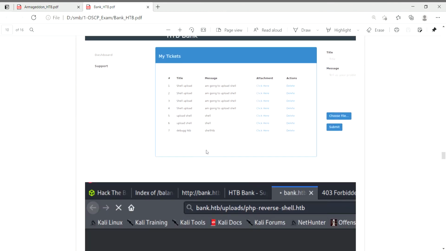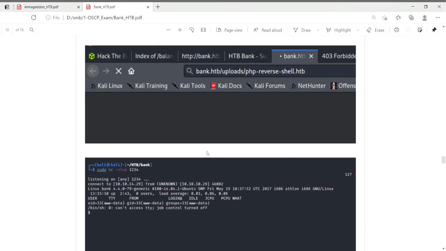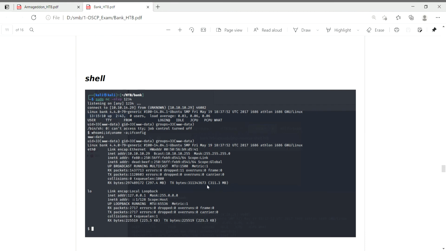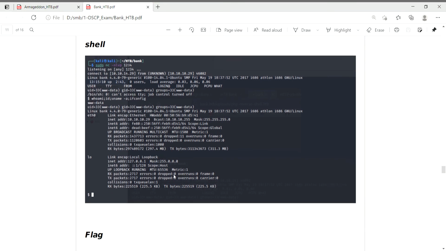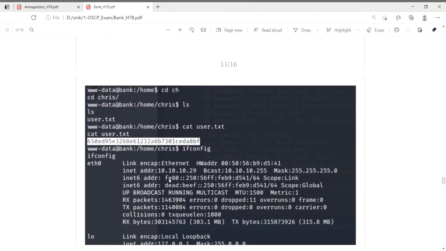I have repeated the process, instead of PNG I have used .htb, and I have uploaded the file. Currently, I get the reverse shell. Once the shell is received, I have checked the machine using ifconfig. So this is the machine. I am very happy to see this. So I have enumerated the flag